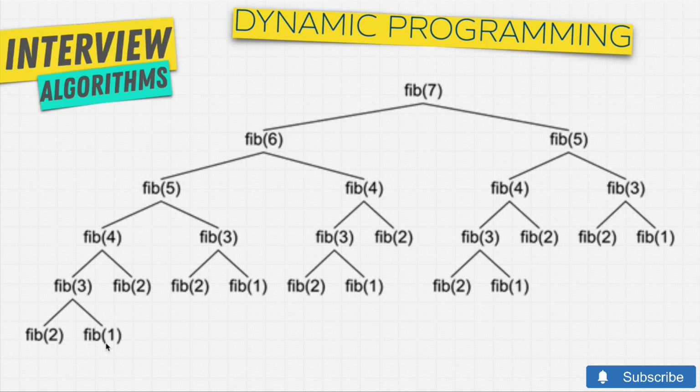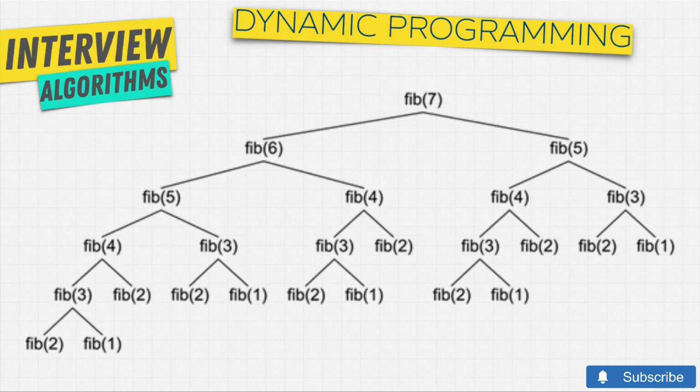And now, as we go back, remember, as we start to return the statements, and we go to fib of 2, or fib of 3, or fib of 4, because we've already calculated these numbers, we can actually return a memoized version